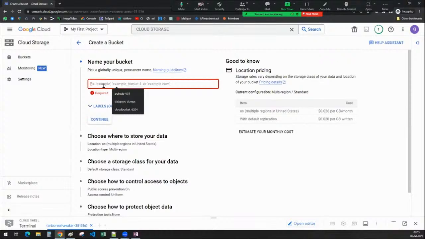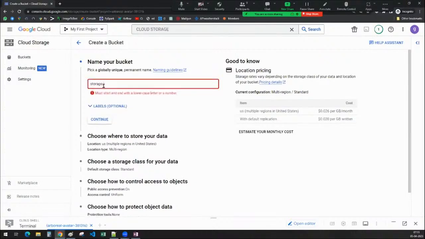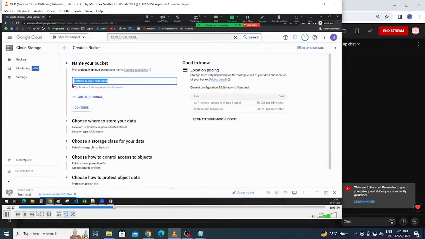So for now, I am going to give storage underscore bucket underscore resources. Okay, so this is the bucket. I have given a proper bucket name, which will not